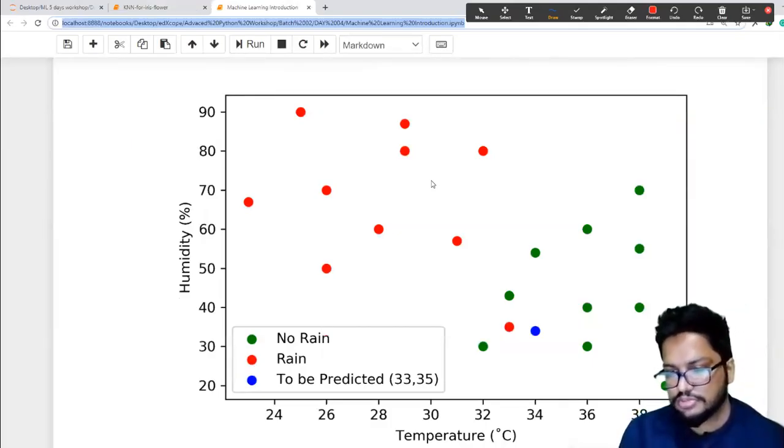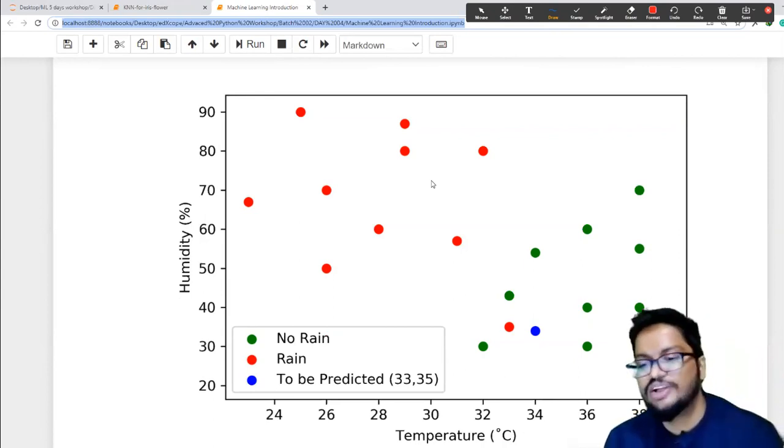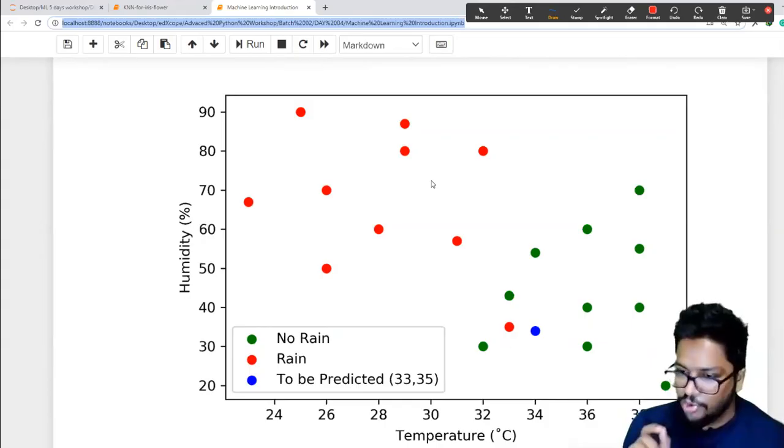It would be rain, right? So that means the nearest one is the red color one. Yeah. But is it fair to give that kind of a prediction? No, I think we'll have to have more data. No, it's not. Why? You can see the data to be predicted, the blue point, is